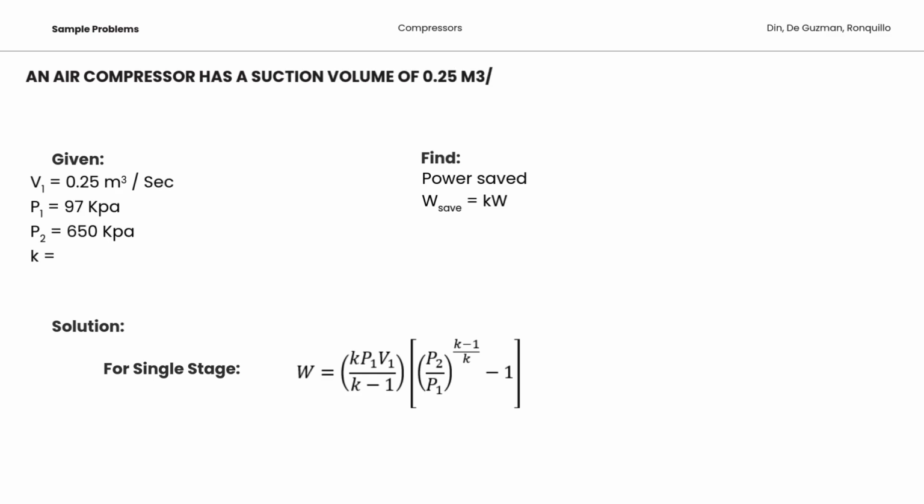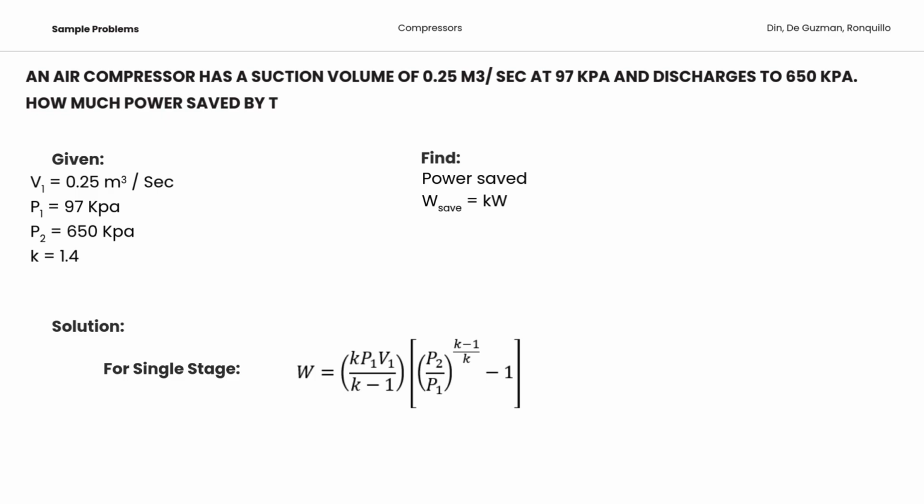Ang unahin natin ay yung pagkuha ng given. Ang una nating given ay volume flow rate which is 0.25 cubic meter per second. Ang pangalawa is ang una nating pressure or yung suction pressure at 97 kPa. At yung discharge pressure natin or P2 is 650 kPa. Kung hindi given ang K, ito ay equal to 1.4. So, ang hinahanap ay ang save na power. So, mostly kilowatt ang hinahanap na